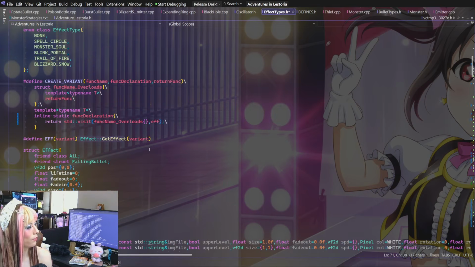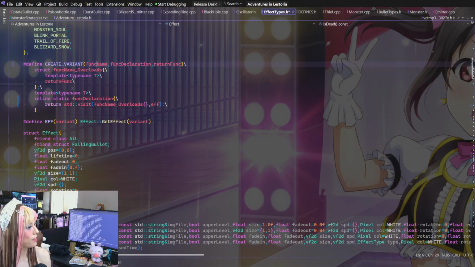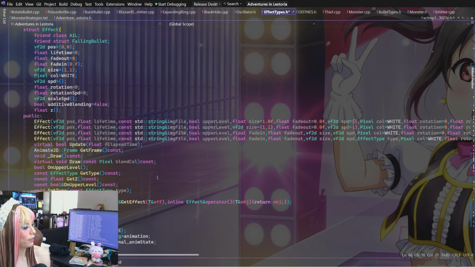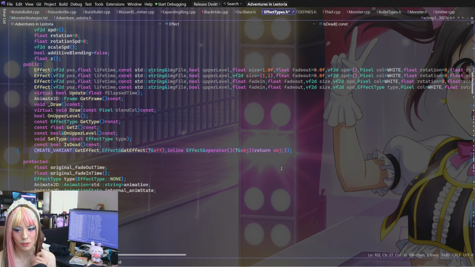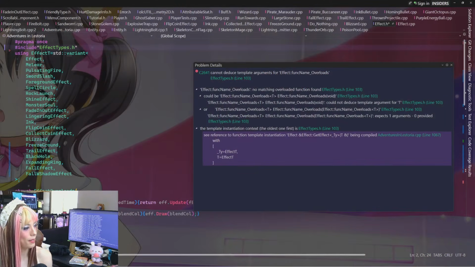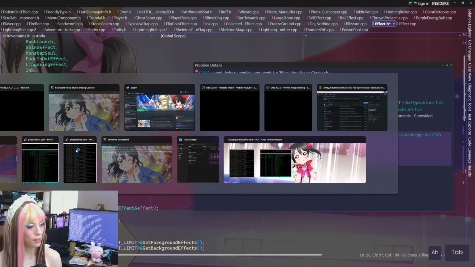Because this isn't a template. So I guess my thing is get effect. Get effect should be a templated function because I specified it is, statically. Something's amiss here. Something's not quite right. So does this mean get effect should be somewhere else after everything's defined? I guess that's the next thing I have to consider, is maybe we have to do something in here instead. That's the only thing I can think of.